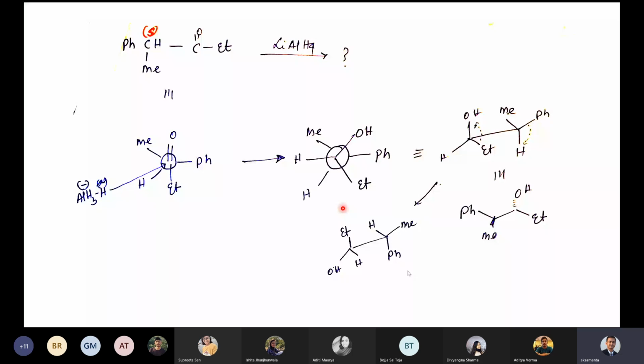Similarly, in this case, if we are using lithium aluminum hydride, then also it is attacking from the smallest group's direction side. Okay, and then this comes to this Newman projection formula, convert it into the Sawhorse projection formula. And then, as I said, the rule is the bulky group will be on the left side, the longest chain will be on the plane of the paper, and then the smallest group will be like upside or down of the plane of the paper. That is the convention. Okay, if you can convert into this, it would be really good. If you cannot, if you write only this part, it's also okay.